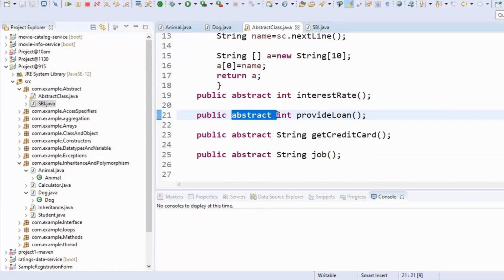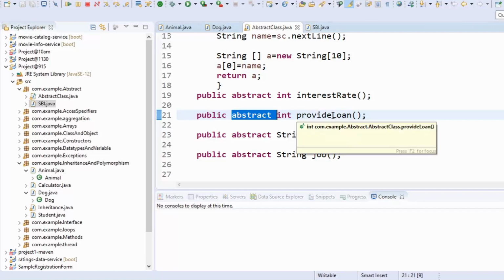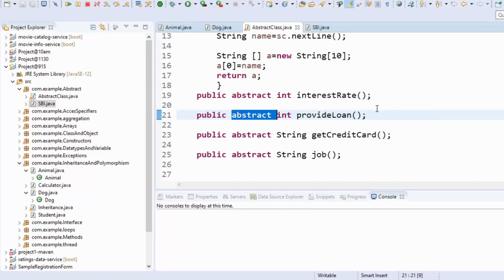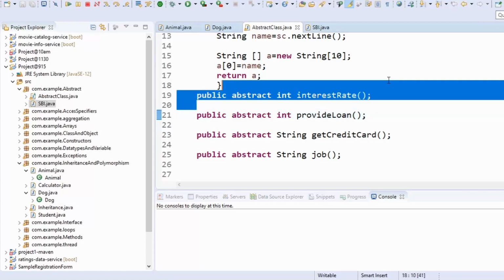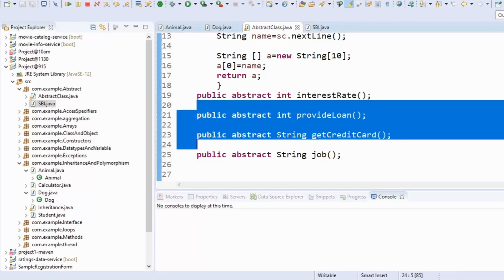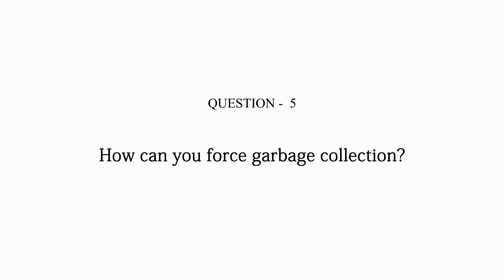But in interfaces, you cannot have the methods implemented. All the methods are by default abstract. You don't need to mention the abstract keyword as well, and none of the methods will be implemented. If you try to do so, it will throw an error. That is not allowed. And all the variables which are declared inside your interfaces are always final, which is not the case with your abstract classes. And then of course the major one is that a class generally extends an abstract class, while a class implements an interface.